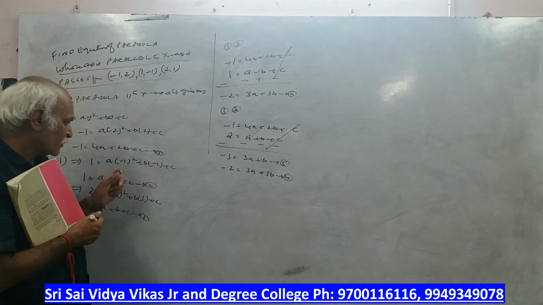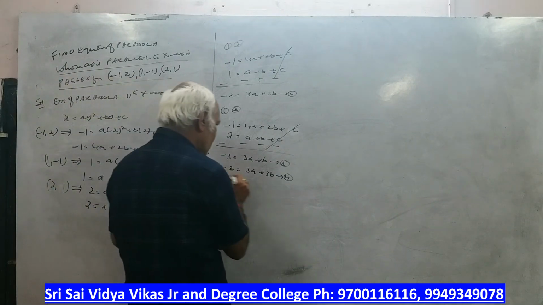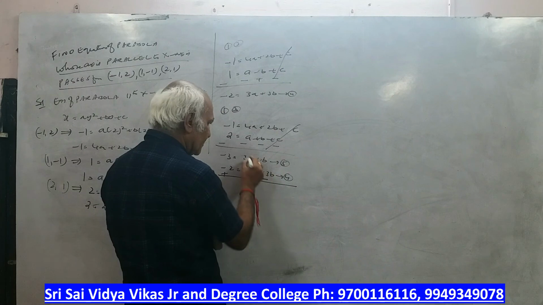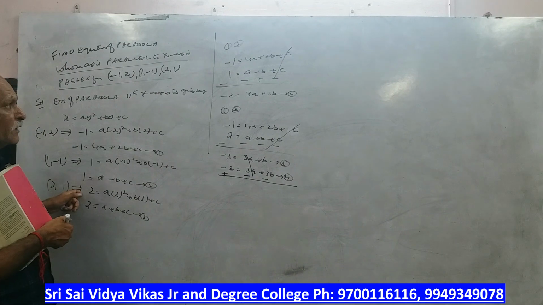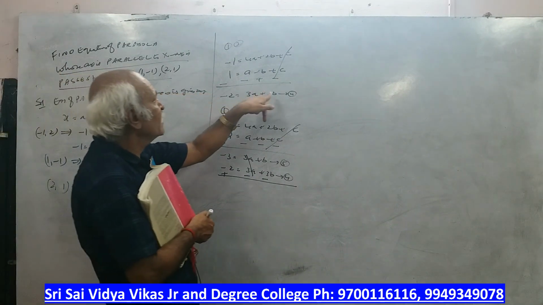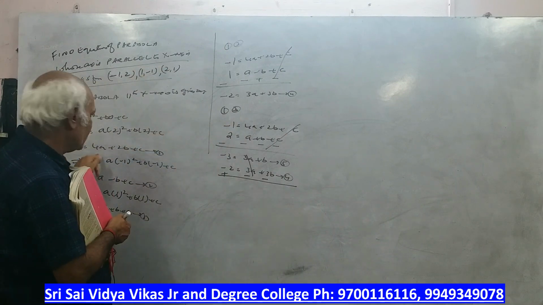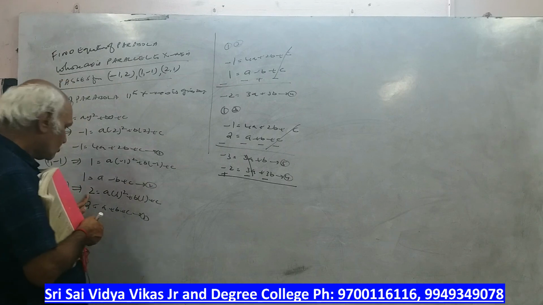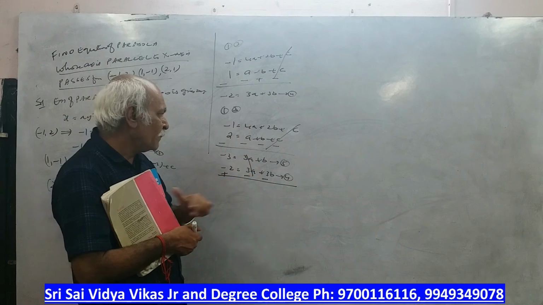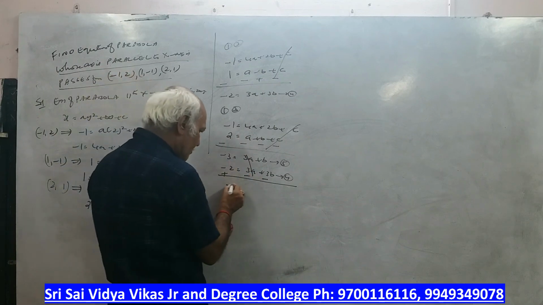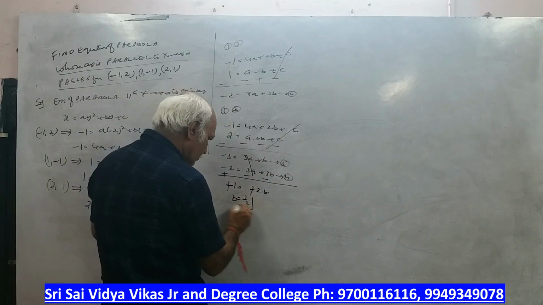So what will happen? Now I am substituting the first equation. From 1 and 2 we have got one equation there. Okay, subtract. So what will happen? Plus, minus, minus. This will get cancelled. So I have taken 1 and 2. 1 and 2 if I take, subtract, minus 2 is equal to 3a plus 3b. And 1 and 3 if I consider, minus 1 is equal to 4a plus 2b plus c. What is the third equation? 2 is equal to a plus b plus c. Subtract. These two will get cancelled. So this becomes 3a plus b. Then again, this if you add, minus 1 is equal to minus 2b. So minus 1 will get cancelled, b is equal to 1 by 2.